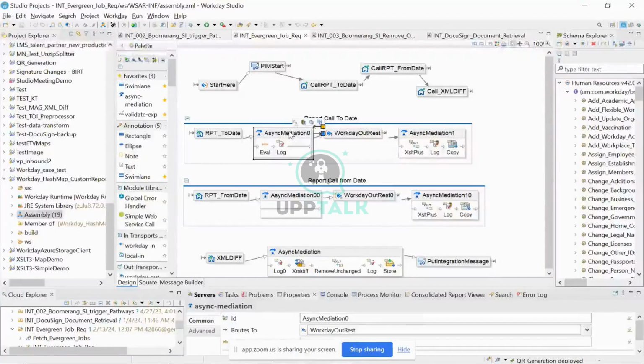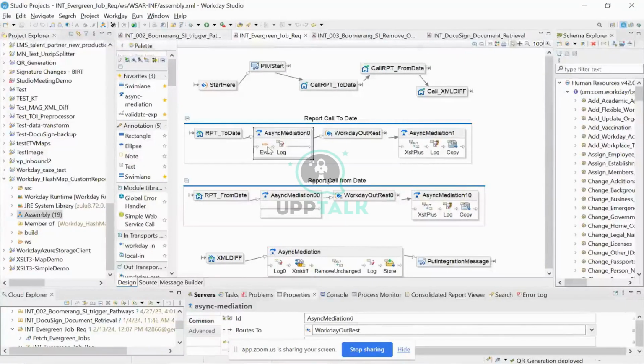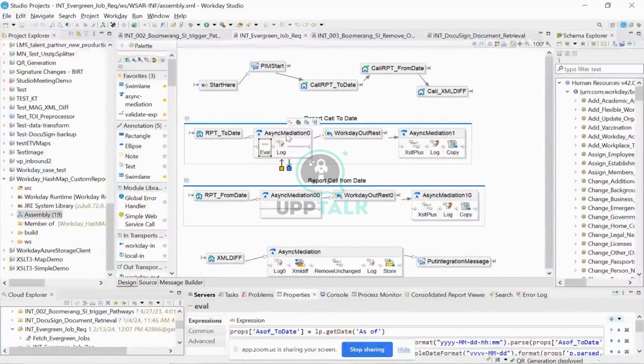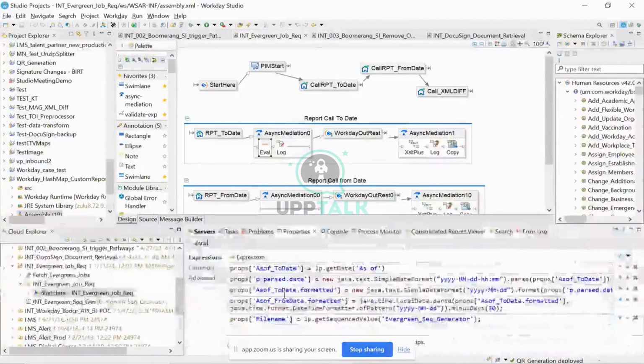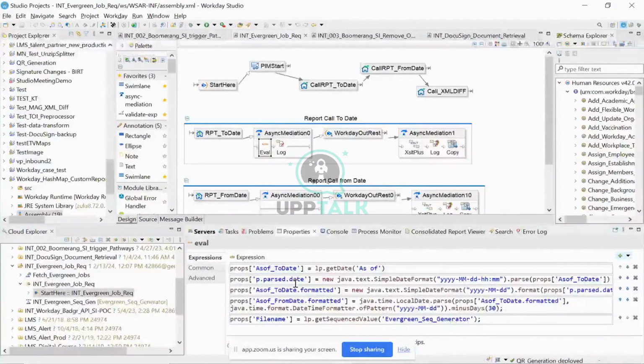It's an asynchronous mediation component. Using this, you can use the data that is flowing in, and you can do different kinds of transformation or variable assignment. For example, inside this async mediation step, I am playing with the dates, formatting them, and determining the file name that I will use later while generating the output file. Similar to that,